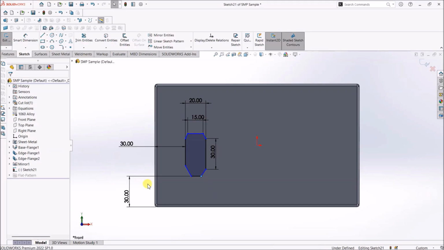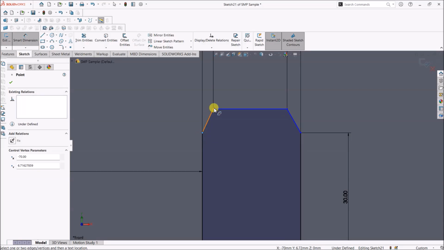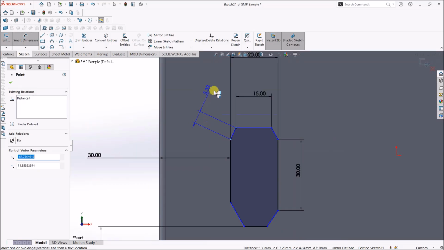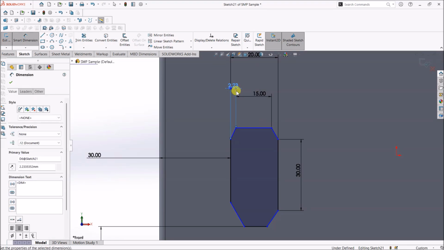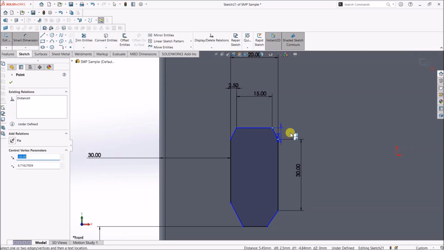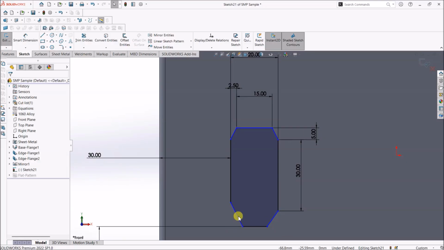I just want to drag this. We have a value here that is 2.5 mm. So this is 2.5, and then from here to here it's 5 mm. Okay, and